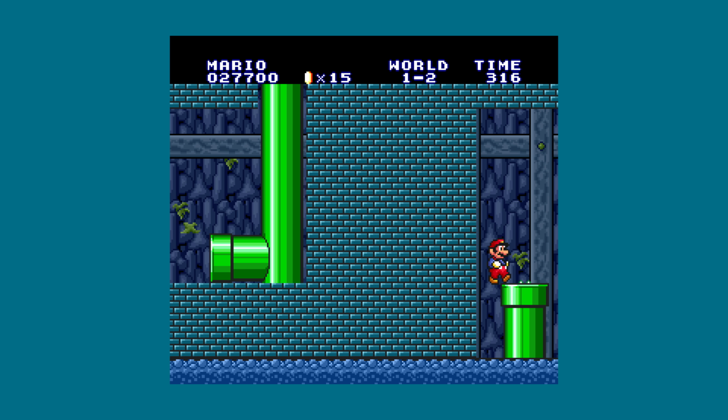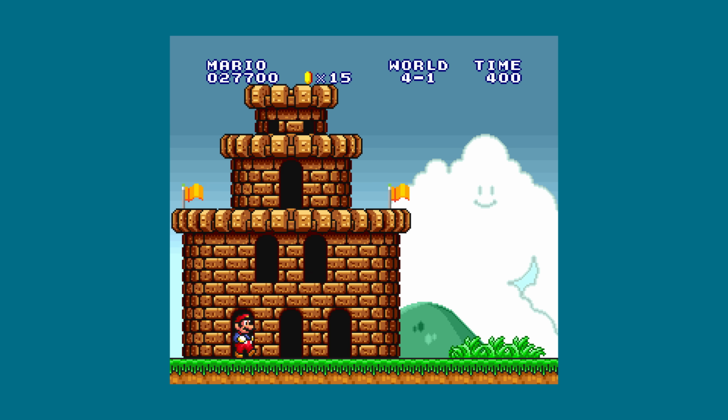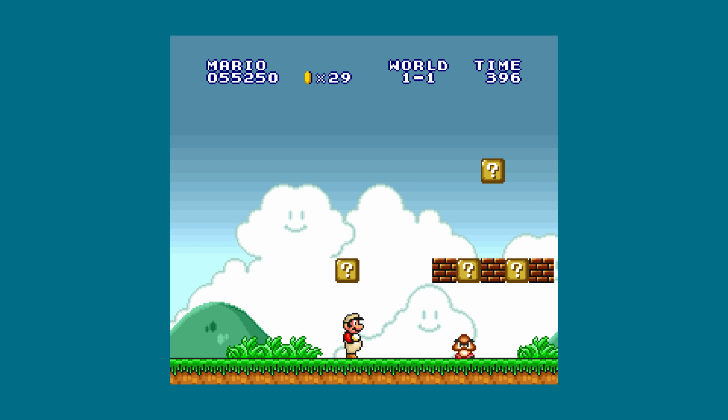The warp zone was fixed, and it now takes you to the proper world if you enter a pipe before the text appears. And even if you hack in a pipe at the end of level 4-2, it just takes you back to world 1. Boring. However, what wasn't patched was...